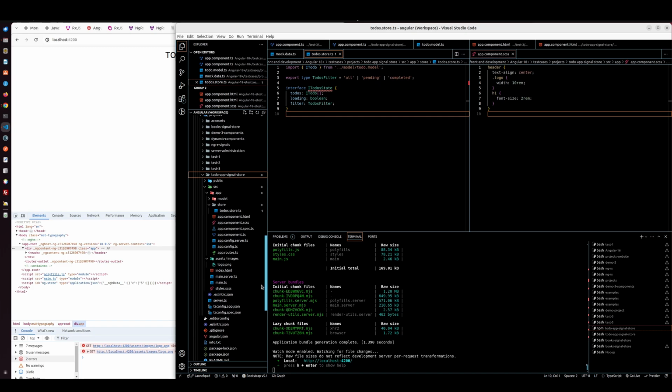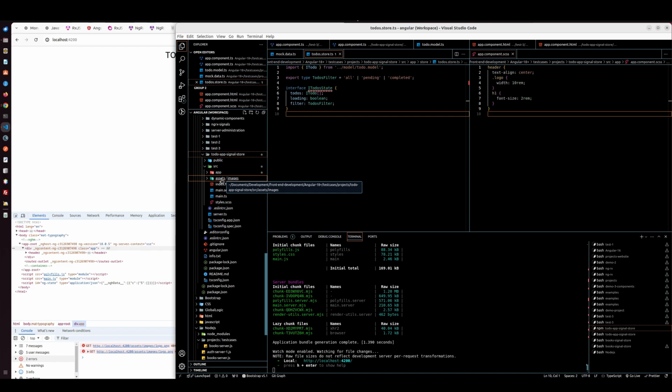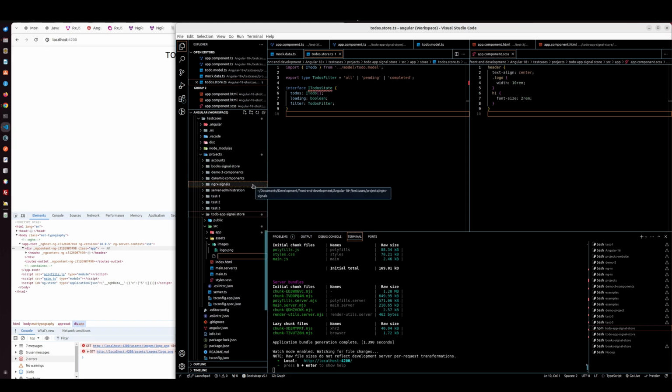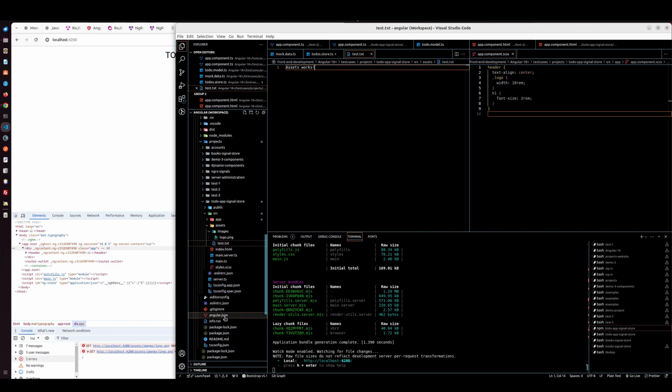If you want to use assets folder, create it in source directory, and create a test file. Save it. I have created a test file, and now open the Angular JSON file